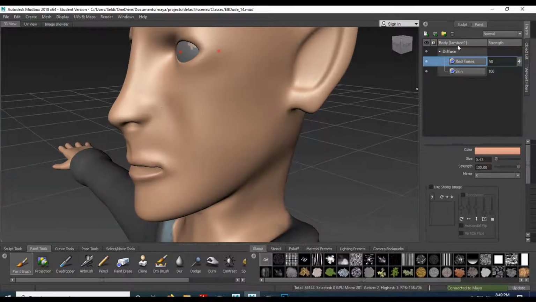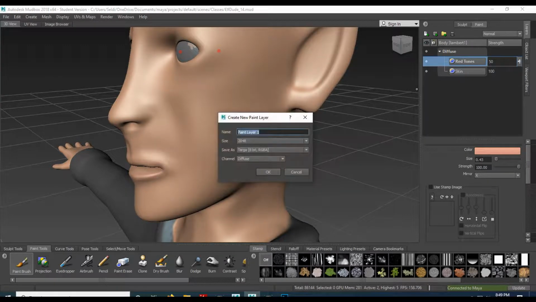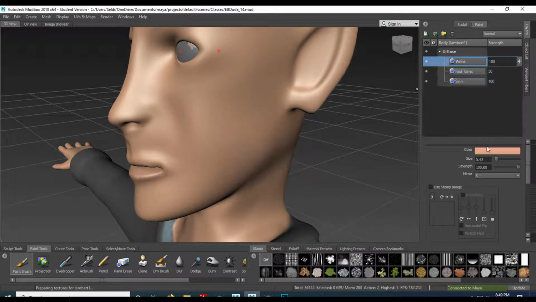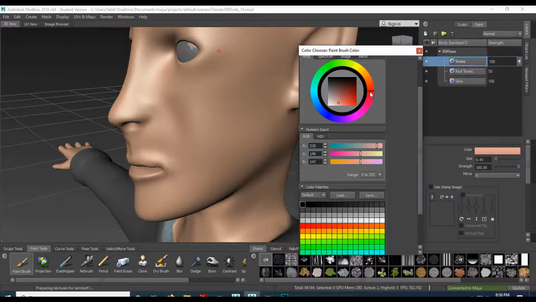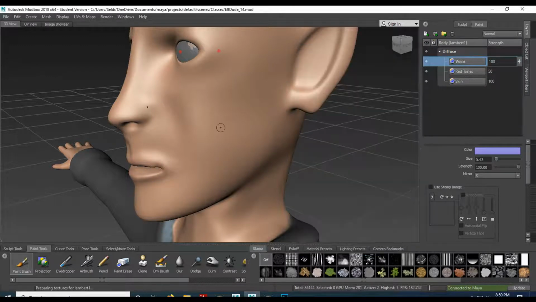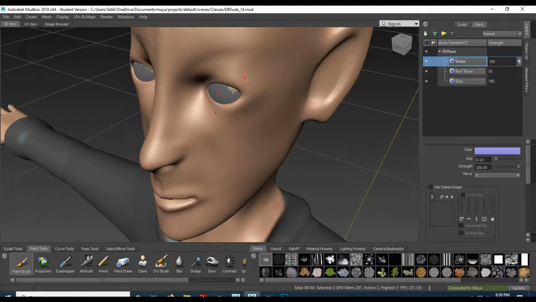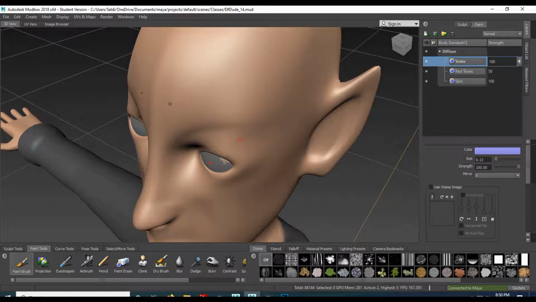But let's say I do another one. I'll call this one, I don't know, veins. And I'll grab this color. And it's nice it keeps like a history of your colors. Veins tend to be more on the bluish side, so I'll just drag this over to the purplish blue. Sure. And this is just an example here. Once I have those, let's say occasionally, you might have like a vein like on the forehead,